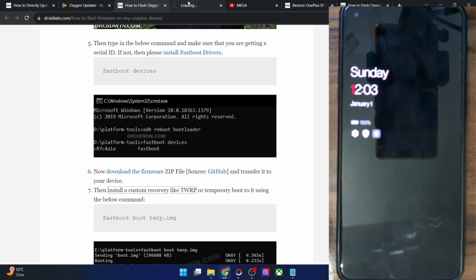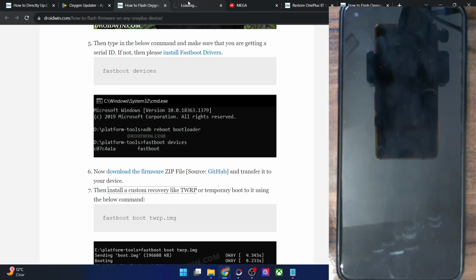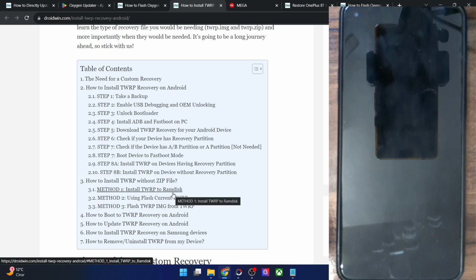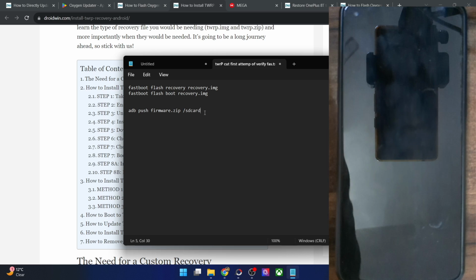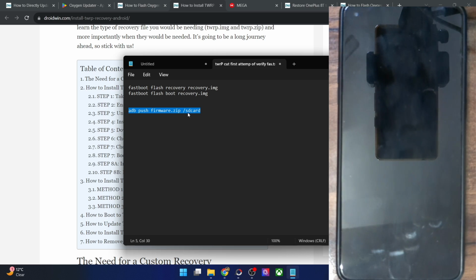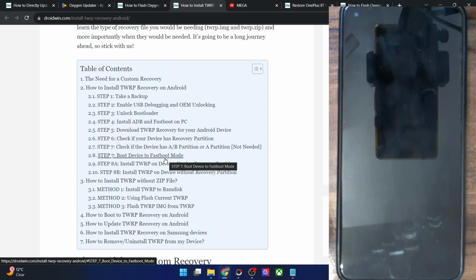It majorly depends on whether your phone has a recovery partition or not. I have listed all the use case scenarios. You could refer to these use case scenarios. If your phone has a recovery partition, then you could directly use fastboot flash recovery recovery.img, wherein recovery.img is the name of the TWRP recovery file, and this is the recovery partition. But if your phone does not have a recovery partition, then you will have to flash the recovery file to the boot partition. You could also check whether your phone has a recovery or boot partition using this step in my guide I have shown you.